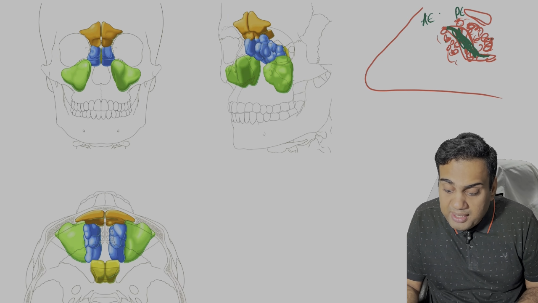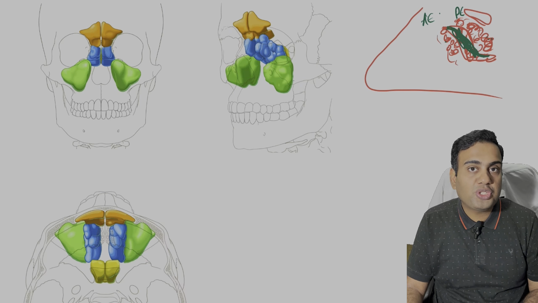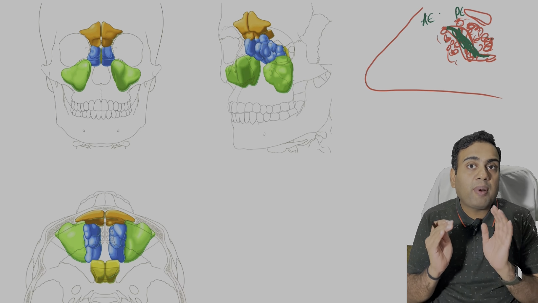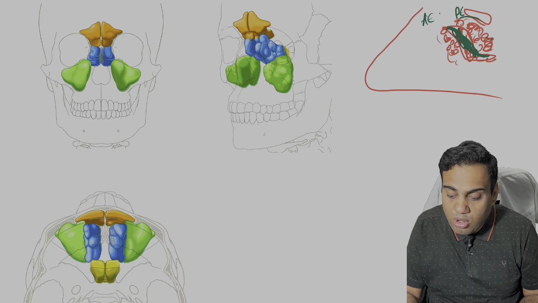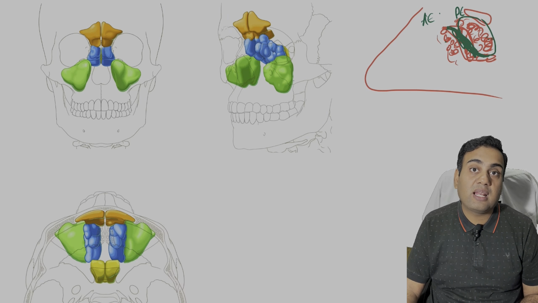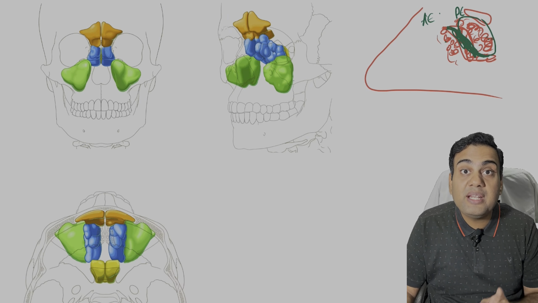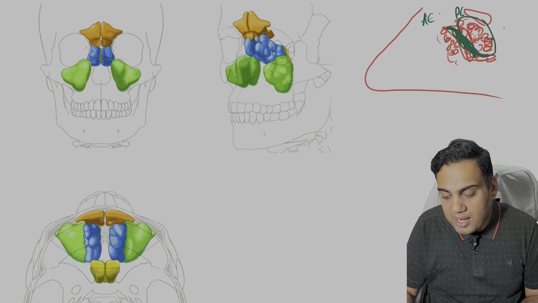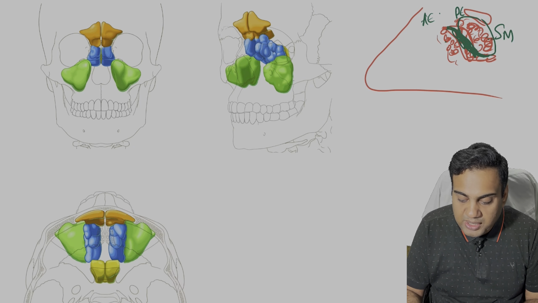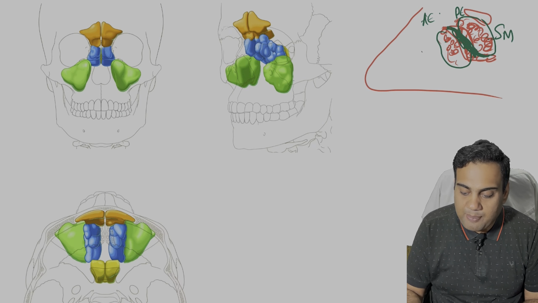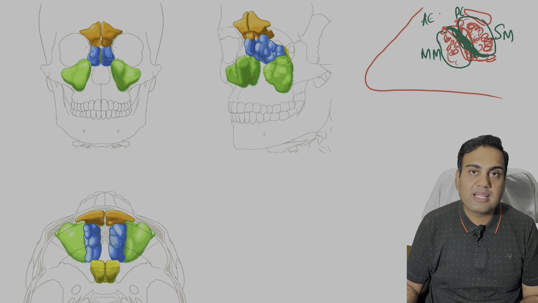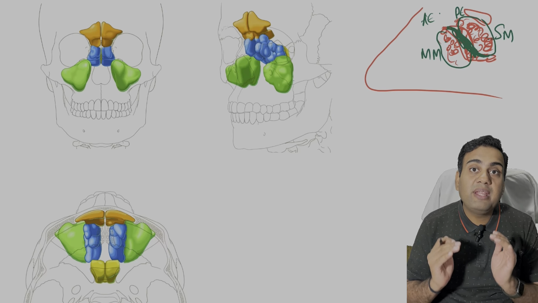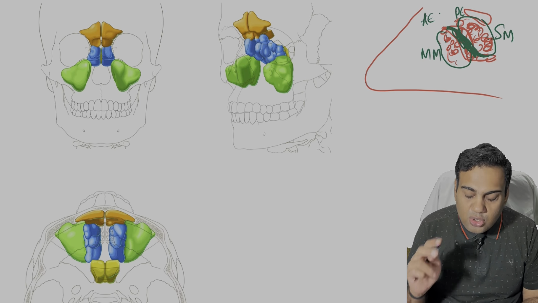So क्योंकि ये मिडिल टर्बिनेट के पीछे हैं, तो posterior ethmoid air cells are not a part of middle meatus, they are a part of the superior meatus, सुपीरियर टर्बिनेट के नीचे आ रहे हैं, जबकि एंटीरियर इथमॉइड एयर सेल्स मिडल मिएटस के पार्ट हैं।